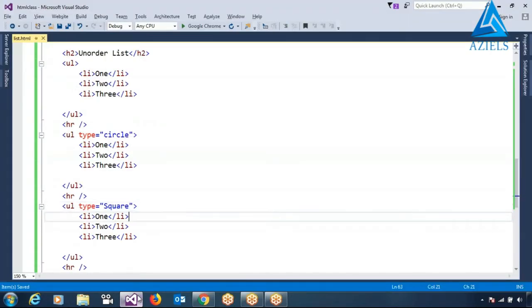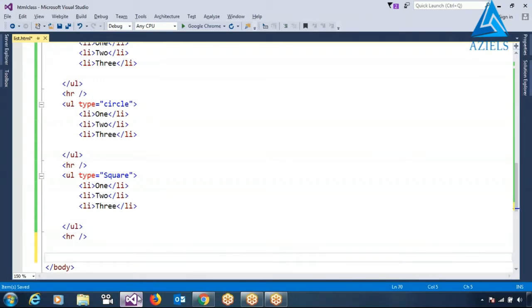Then we have the third list, we call it a definition list. So in the definition list,